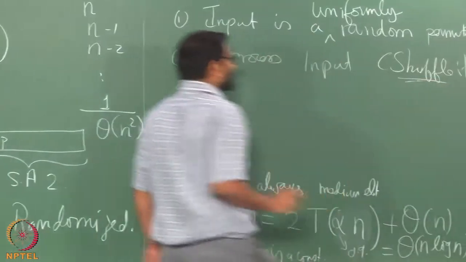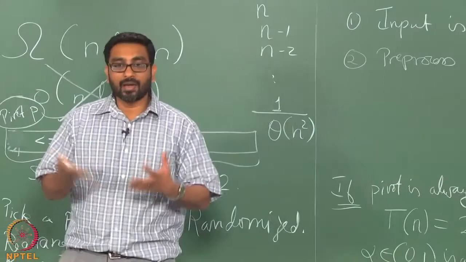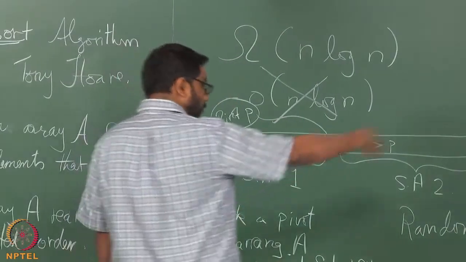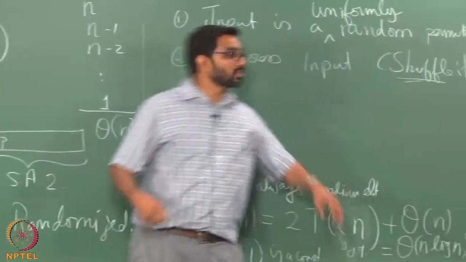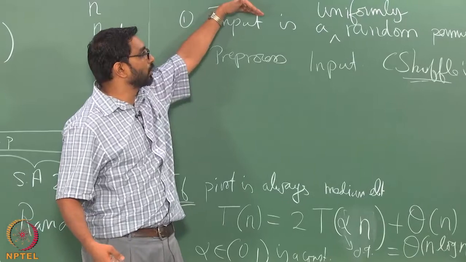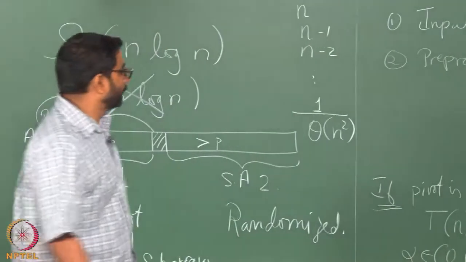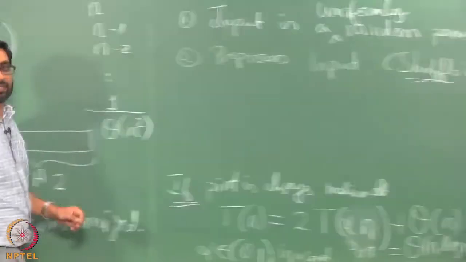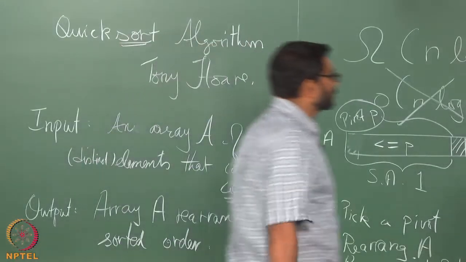So if you can shuffle it, even if the actual input is a bad input, for example, even if the actual input is already sorted, when you shuffle it, you're going to essentially mimic the input being uniformly at random. So that's a possibility. But this will require you to have written a pre-processing step. So let's see if we can avoid that. So the third possibility